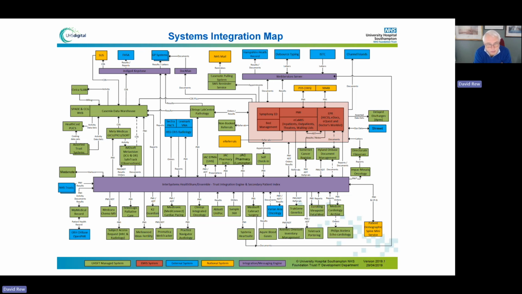So this is not an easy problem, and we are far from complete with the work that we've done. But it gives an idea of the scale of the challenge, and if you multiply that map across the entirety of the NHS, the entirety of general practice, and every other organisation contributing healthcare information, you can see the scale of the challenge, because of course each organisation has its own taxonomies. What is classified as one subject area in one hospital will come up in a different area in a different data system. So it's a great challenge, and all I can do is show you what we've achieved in Southampton